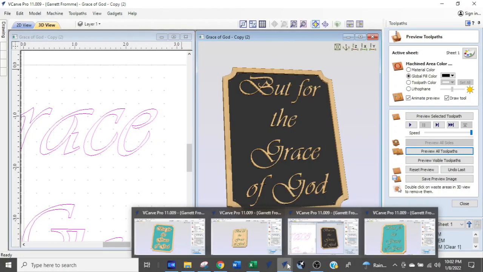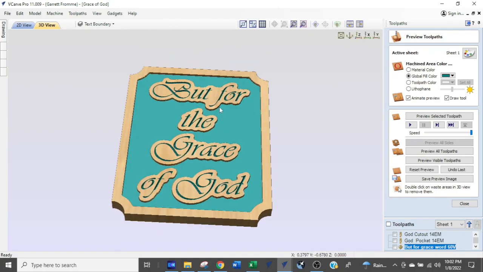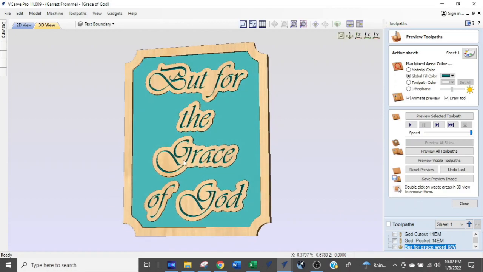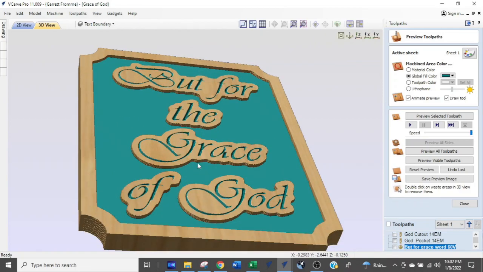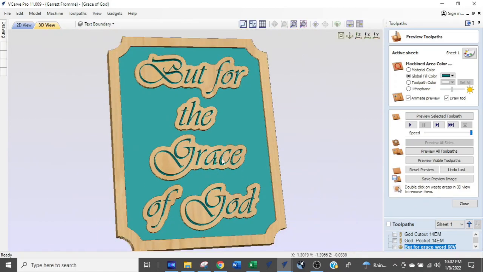So what we're going to show you, the first one, is taking the project and making it look like this, which is kind of cool in and of itself. It's still raised up, as you can see right here, and yet we have the but for the grace of God. There's going to be quite a bit to do in this on each one, and you're going to learn a ton. Okay, so in order to get this one, we're going to have to open up a new Vectric